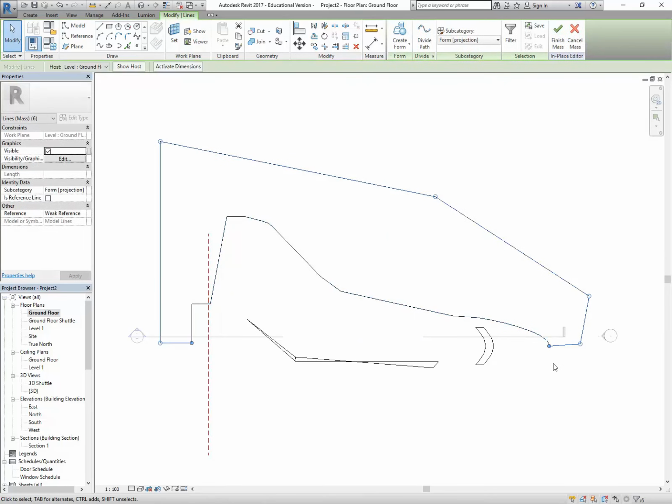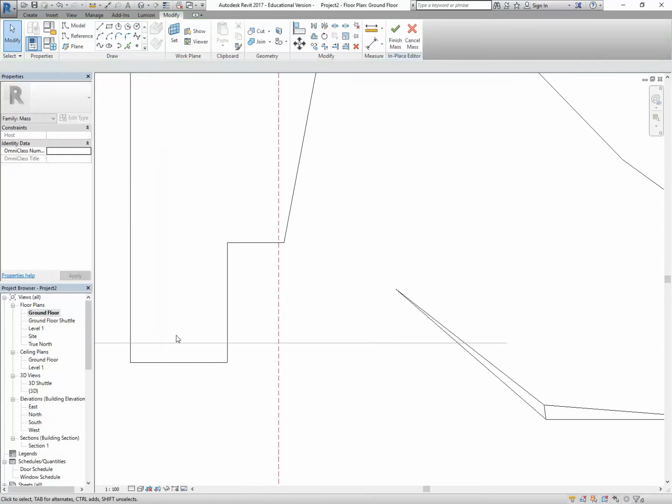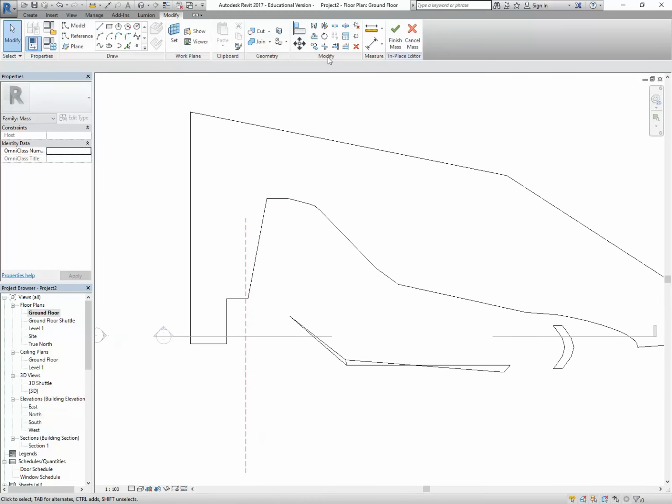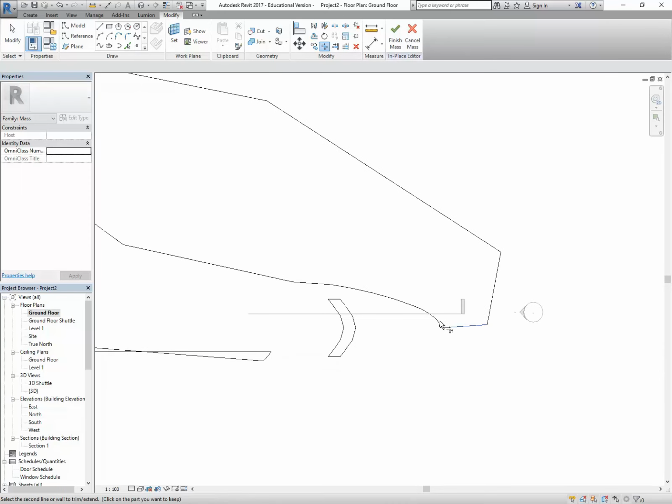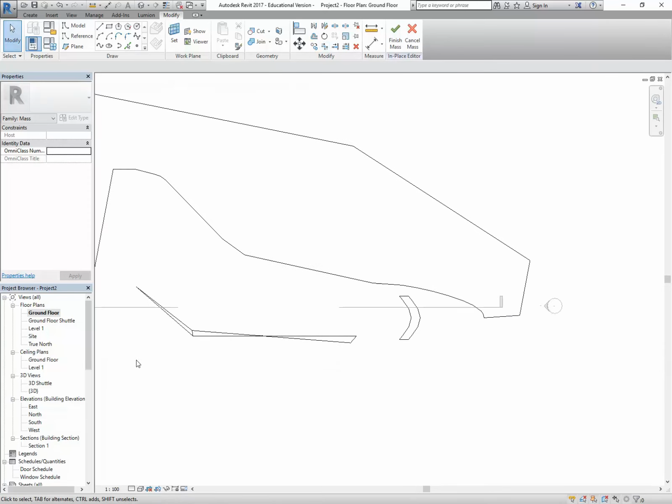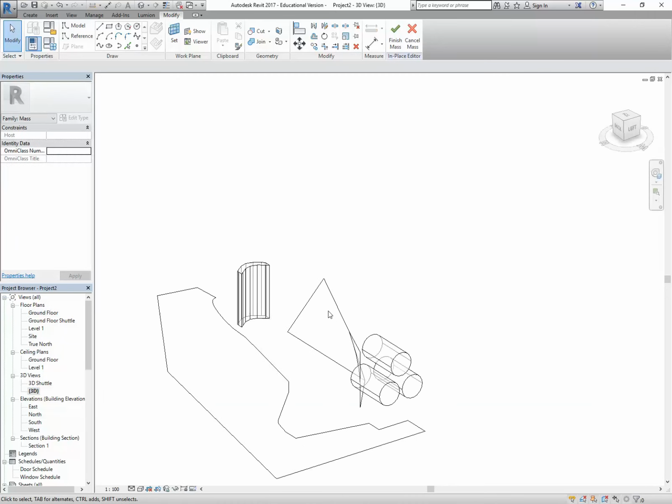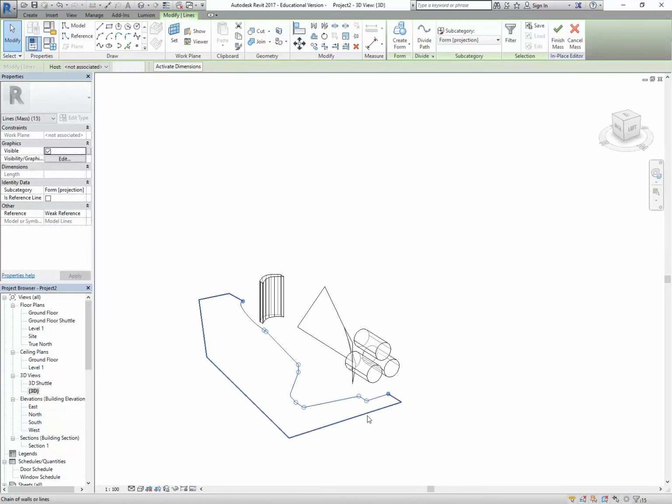And now I'm actually going to do one thing extra. I'm going to use trim to corner here and make sure these things are joined, because they don't look like they are. So even though they're two separate things, I can select them both with Control, and